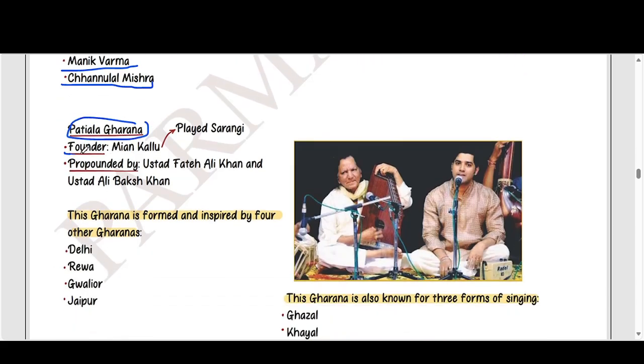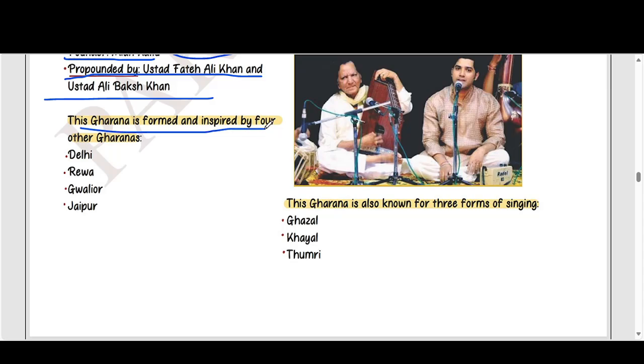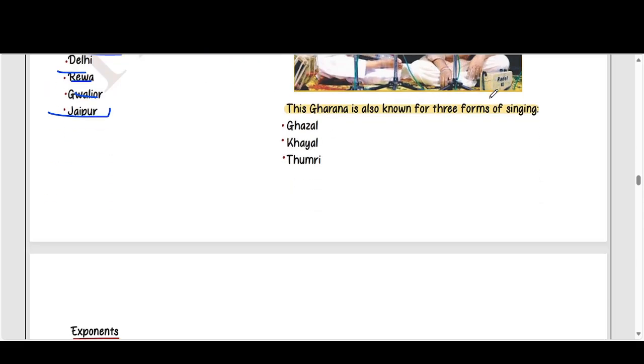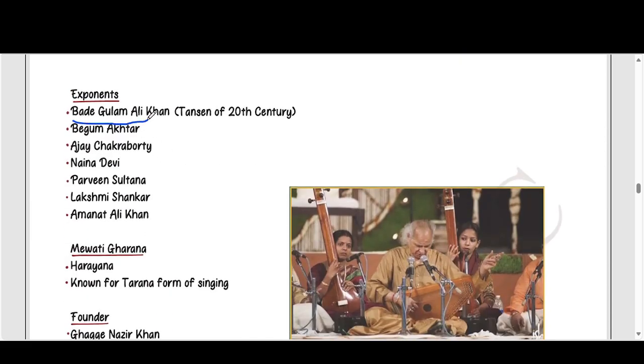Patiala Gharana, founder Mian Kallu, played Sarangi, performed by Ustad Fateh Ali Khan and Ustad Ali Baksh Khan. The Gharana is formed and inspired by four other Gharanas: Delhi, Rewaj, Gwalior, Jaipur. The Gharana is also known for three forms of singing: Ghazal, Khayal, and Thumri. Exponent Bade Ghulam Ali Khan, 10th son of 20th century, Begum Akhtar, Ajoy Chakraborty, Naina Devi, Pranav Sultani, Lakshmi Shankar,